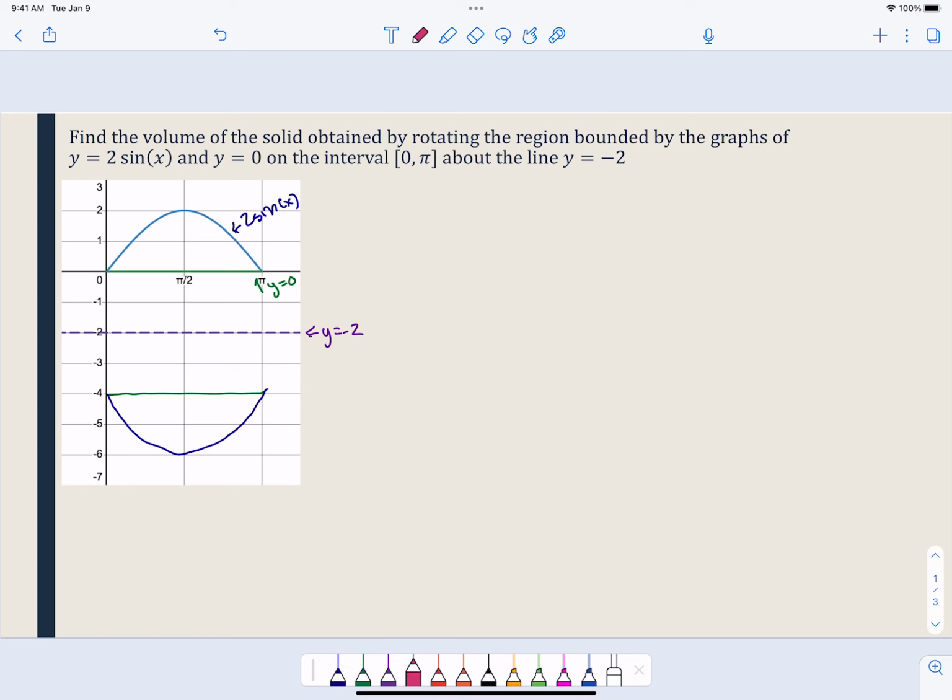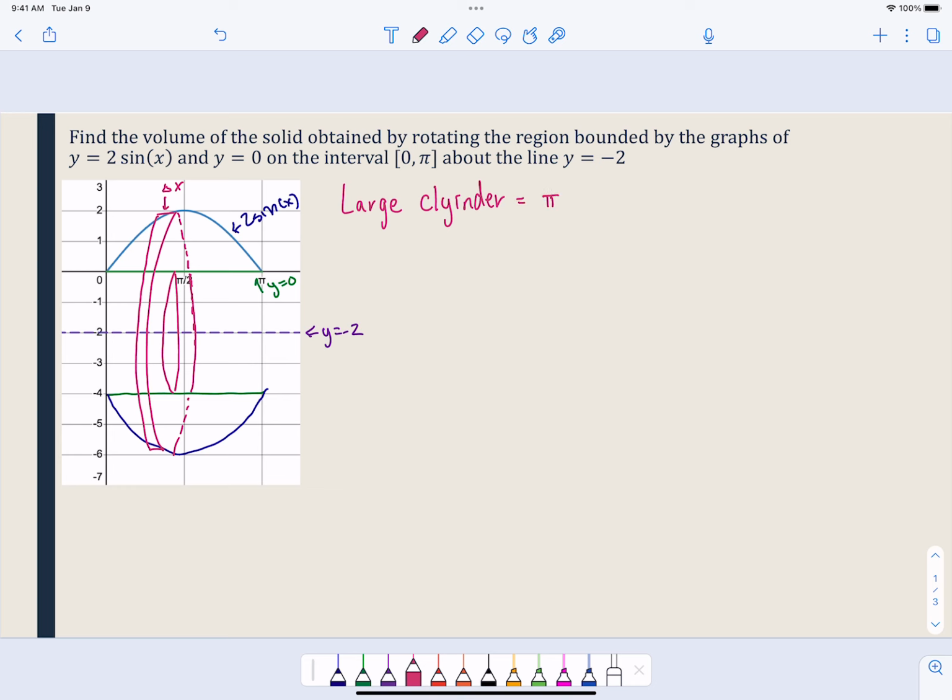And this is still going to create that sort of circular shape. We can actually see that, so we don't need dotted lines. It's going to give us one of those washers, and we're slicing up the x values, so we're going to have delta x, and then our large cylinder, that outer circle,